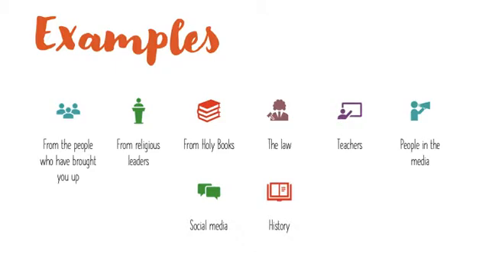Teachers can tell you what is right and wrong, for example, behaviour in classrooms. People in the media, you will have activists that are advocating for no capital punishment, for rights in gender, the LGBT community, and what we should do to implement and change the law if it is wrong. Social media can be a way as well. For example, if you're on Twitter, you will see that people advocate for things that are not right. We have recently had the Yes movement, and